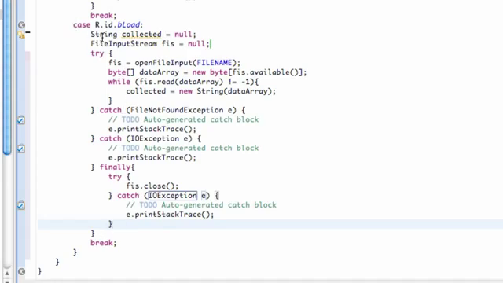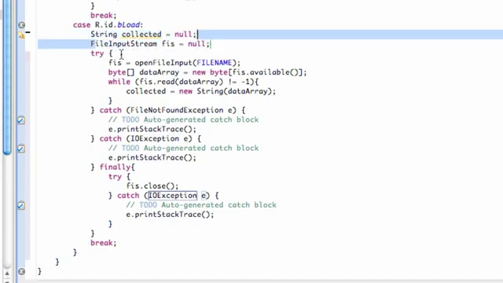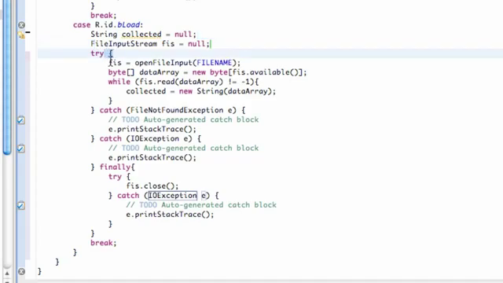So basically we set up a string called collected. This is going to be all of our data that we read. We set up a file input stream, and both of those are null. And then once we try to get our file input stream set up, what we're going to set that up to equal is opening file input, referring to the string name, which you can think of as a path of some sort. And then it's going to read that file input stream and get how many bytes are available. And then it's going to set up a byte array, which we call data array. Then while our file